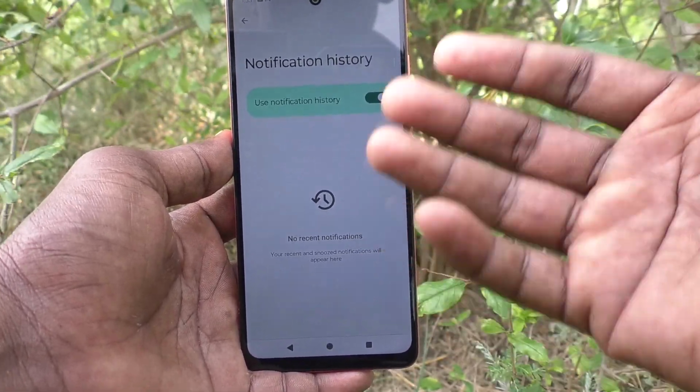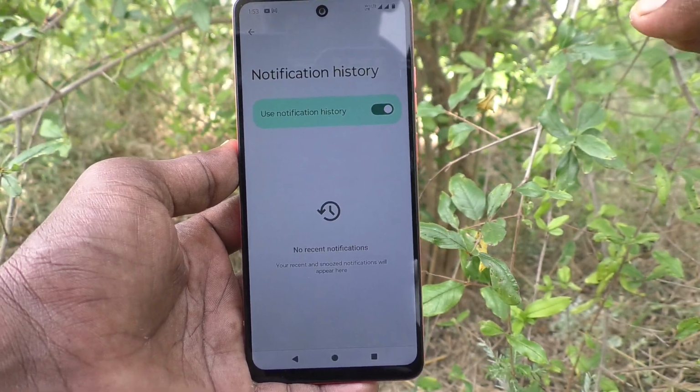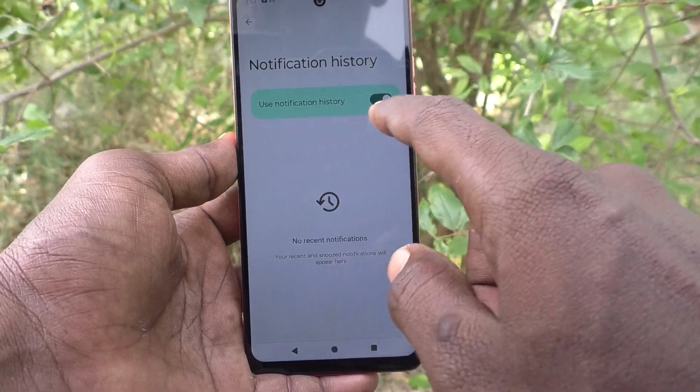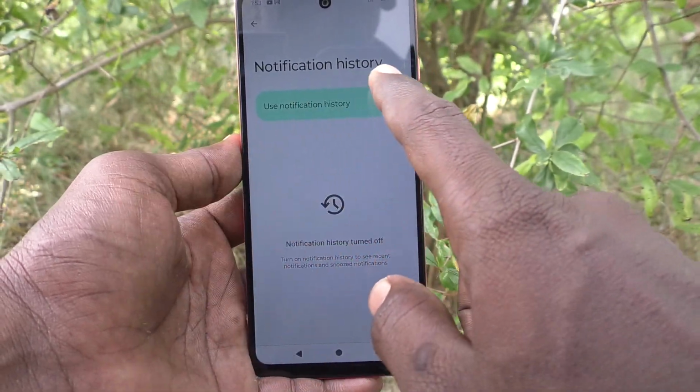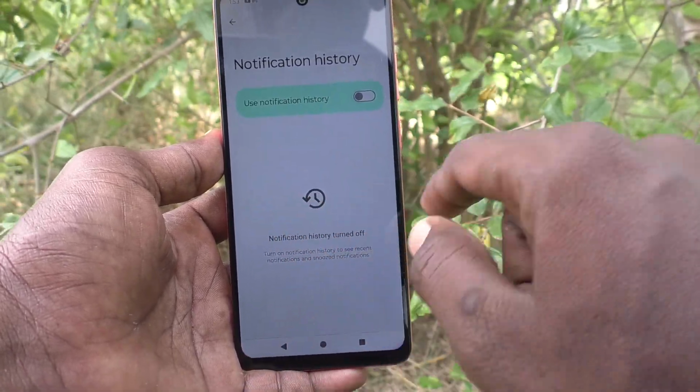Okay, so in this way you can easily make a track of notifications on your phone. Okay, if you don't want any notification history, you have to turn off this button. Okay, so in this way you can easily enable or disable notification history in your phone